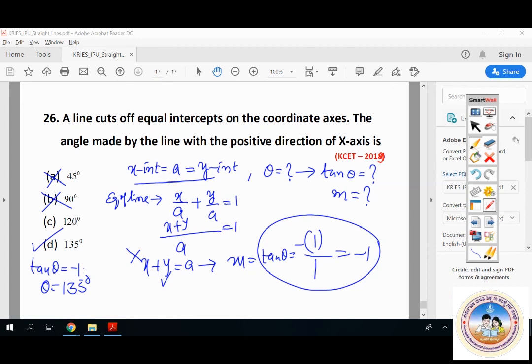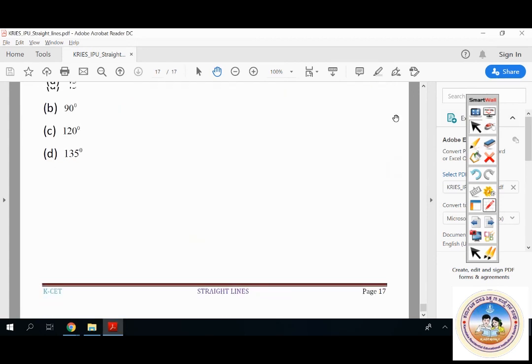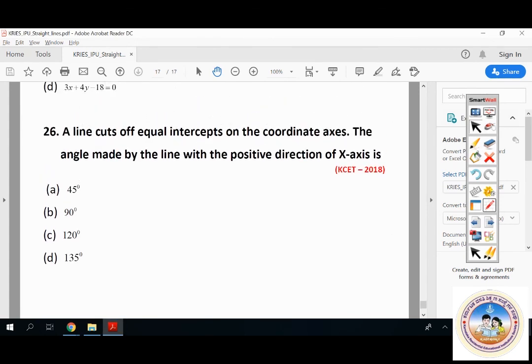So now that's all you have in your straight lines. I hope you all understood these questions. In the next session we will come up with one more chapter of your first PUC or the left out. Only one chapter in your second PUC we left with, that is area of application of integrals. We'll come back to that and we'll continue with this.